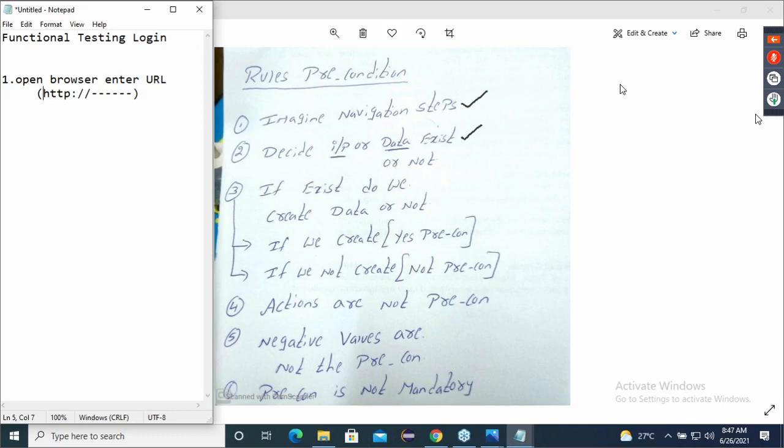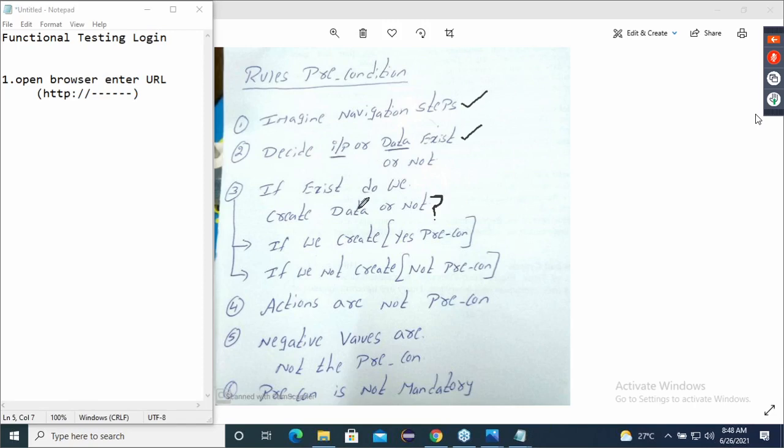Third point to observe. If input exists, do we create it or not? Whatever inputs you are typing here, http colon double slash qa main one, are you creating that input? Is the test engineer creating that?